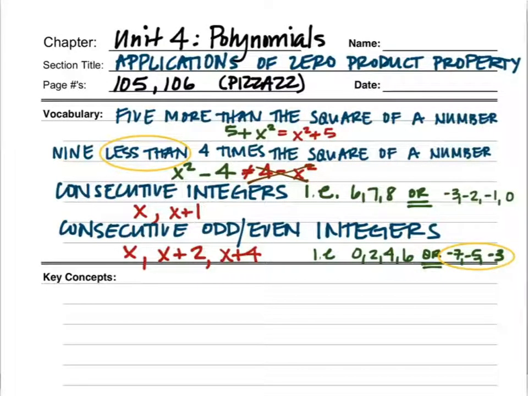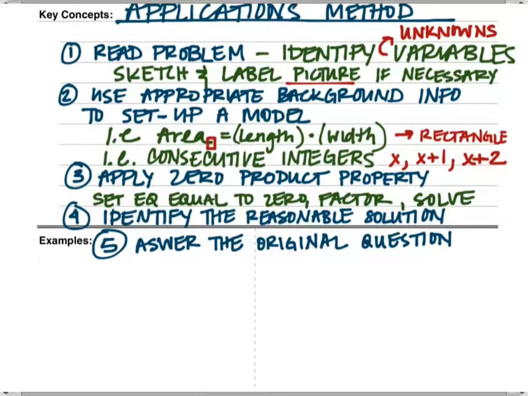So you're taking a look at previous notes that we have. This is polynomials, unit 4, and previously 4.8 was applications of zero product property. You have these notes. We're going to now attach some problems from Pizzazz page 106 to the back of this, and I had given you a sheet in class that had the problems. So we're going to skip through the work that we've already done, so vocab here, and then now the applications